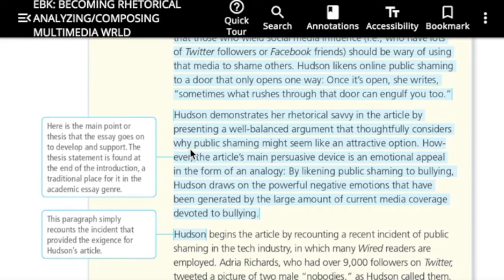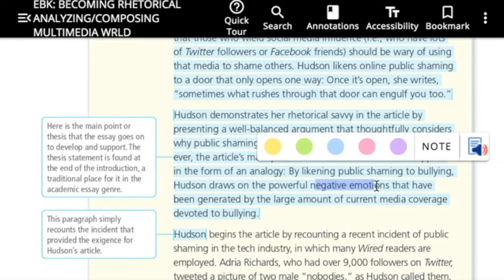This is an essay about social media and bullying online. However, the article's main persuasive device is an emotional appeal in the form of an analogy. By likening public shaming to bullying, Hudson draws on the powerful negative emotions that have been generated by the large amount of current media coverage devoted to bullying. So this isn't the topic